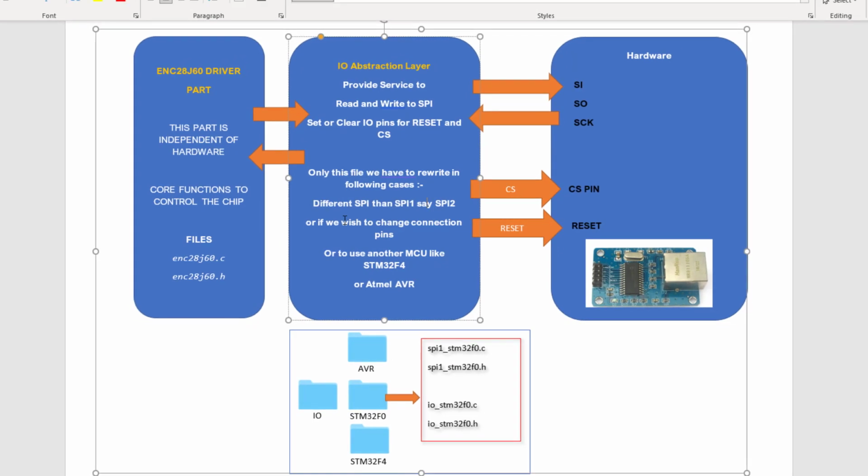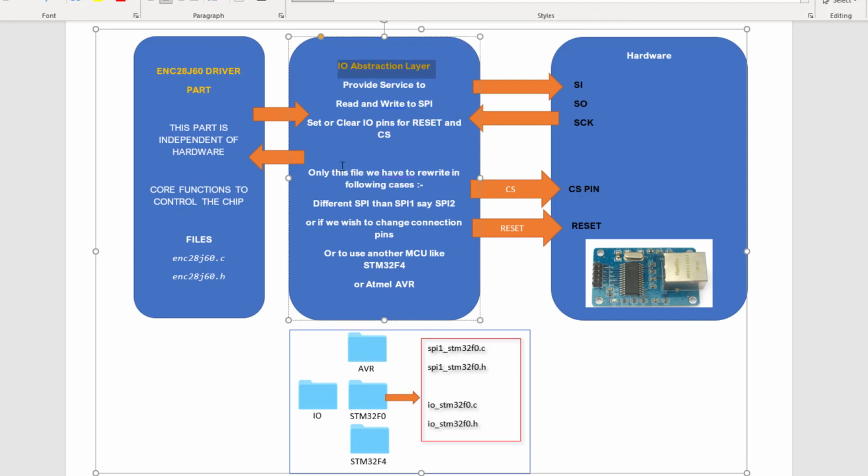Also, if you want to switch to a different MCU, from the beginning we are making this driver for the STM32F0 series, but it should not be limited only to that microcontroller. It should be easy to change to any other family members, like the very popular STM32F4 series. So we create the software in such a way that it is easy to change to any other microcontroller just by changing this IO abstraction layer file.